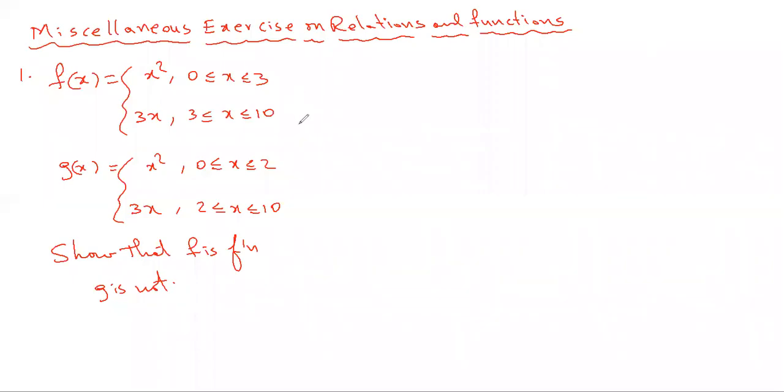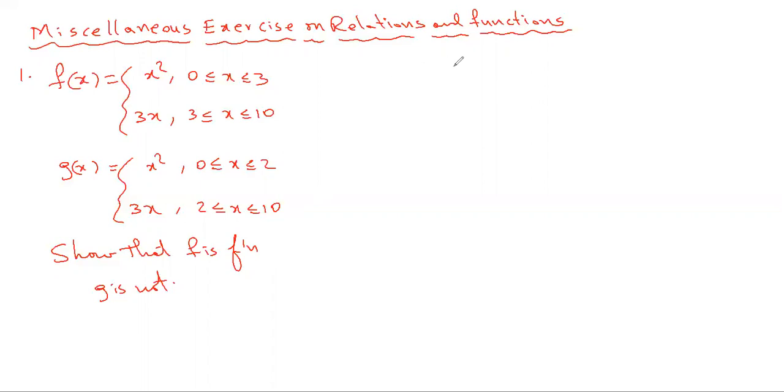See, when they ask us to show that f is a function and the domain of f is not a finite set, it is not possible to give the explanation for each and every element because there are infinitely many elements. The domain of f contains the closed interval 0 to 10, infinitely many elements. So either you need to take an arbitrary element and explain that, or you need to use the graph method. So we have two methods to prove that f is a function. The graph method is the best method.